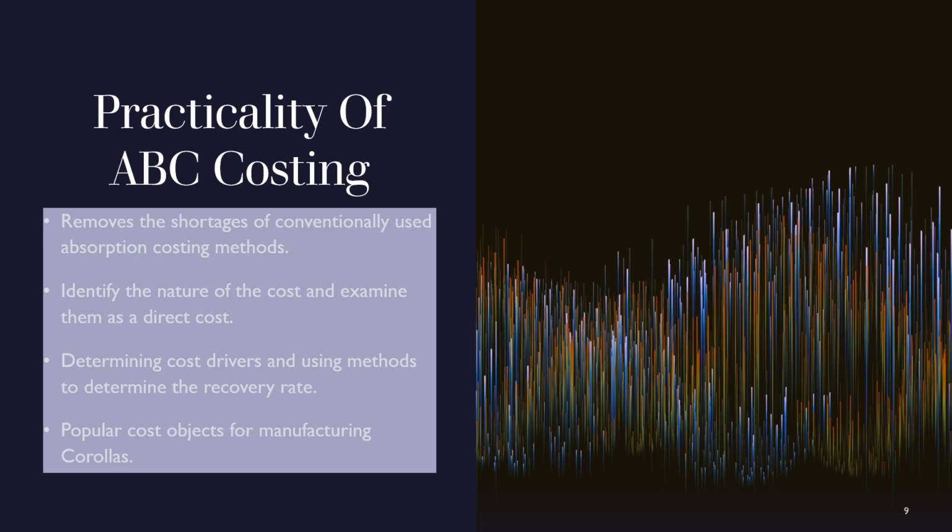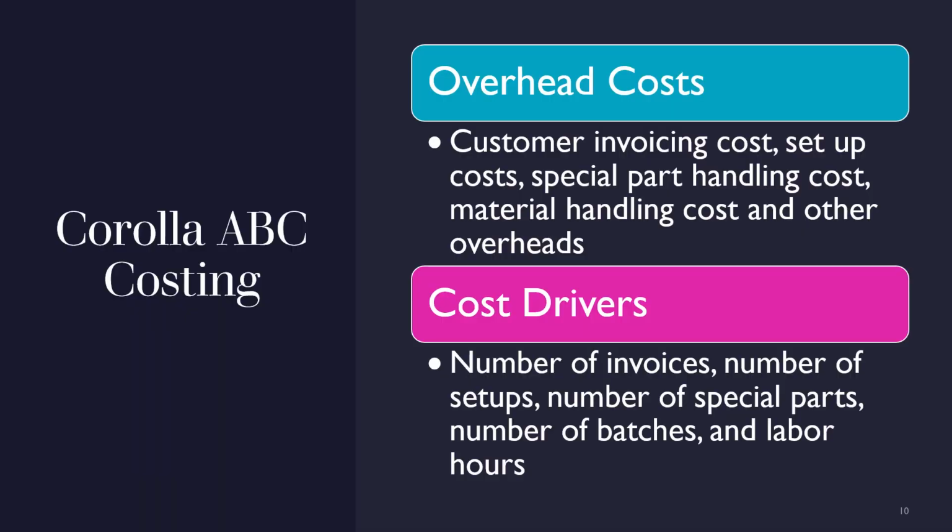Labor and raw materials, such as metals, are among the most popular cost objects when looking at the manufacturing ABC costs for Toyota Corollas. When looking more specifically at the Toyota Corolla and ABC costing, the overhead costs that are being used to produce the Toyota Corollas are customer invoicing costs, setup costs, special parts handling costs, material handling costs,